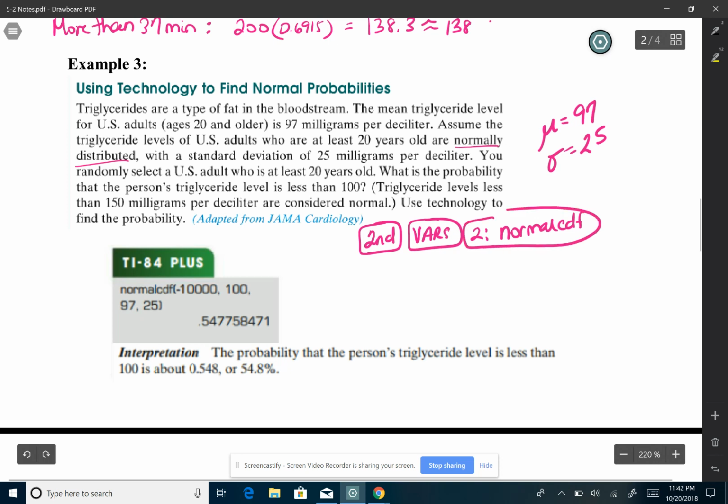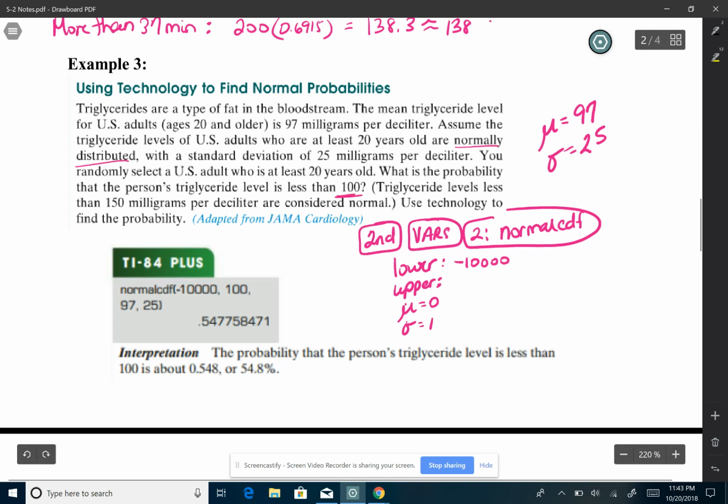And when you push that, it will ask for a lower, and it will ask for an upper, and then it will automatically have mean is 0 and standard deviation is 1. So for your lower, it just needs to be a very small number. Like I said, this textbook uses negative 10,000 every time. You could do negative 1,000 and you'd still be okay. So negative 10,000,